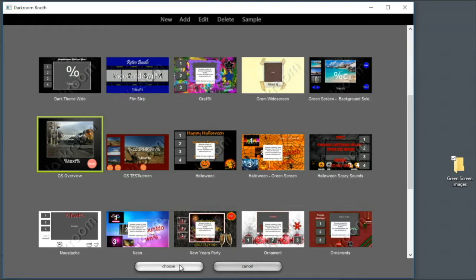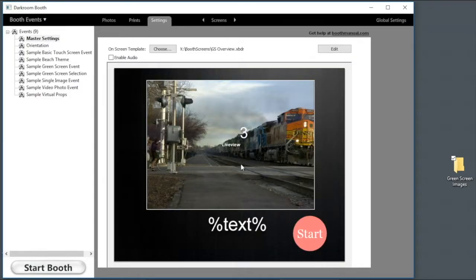So I'm going to hit choose. And that is what they're going to see when they walk in. They'll walk in front of the green fabric, and the live view will transpose the image over the green fabric so they can place themselves here closer to the train, whatever they feel like doing. All right. So now